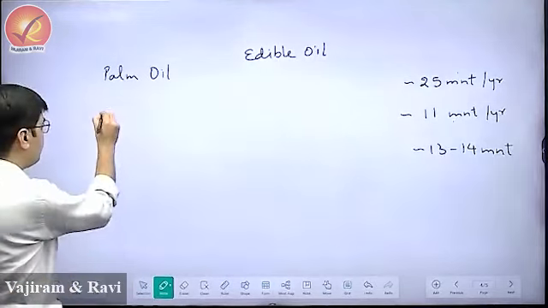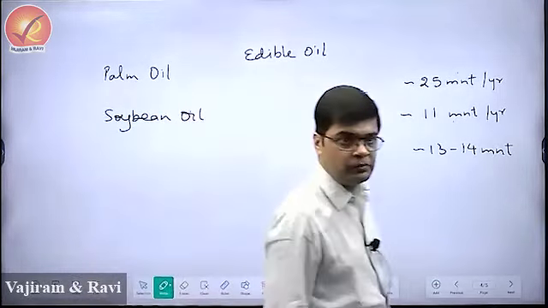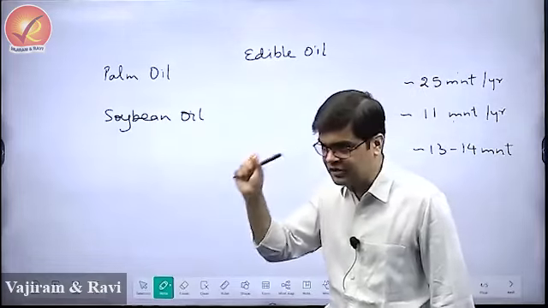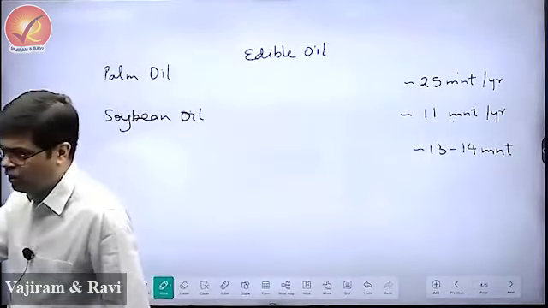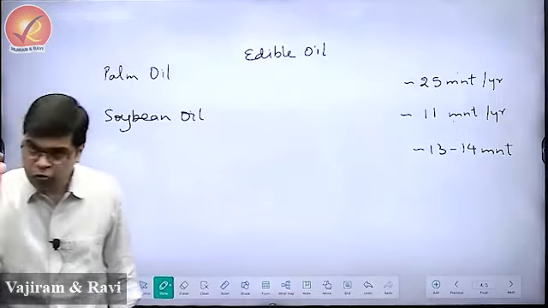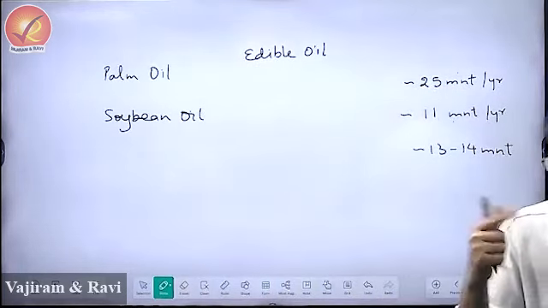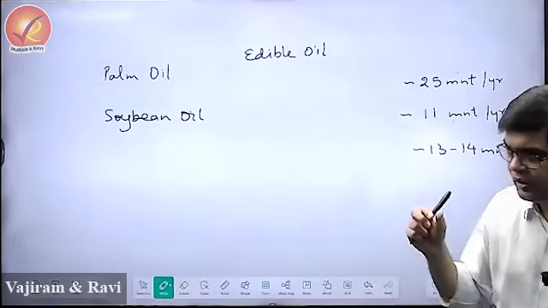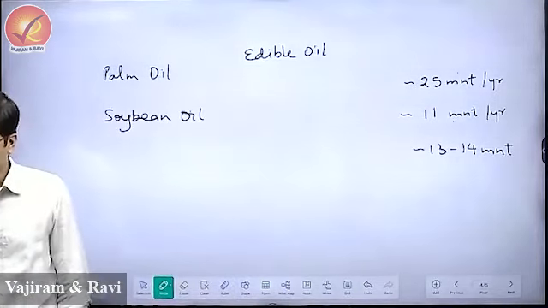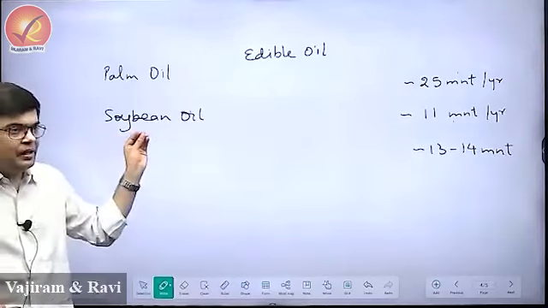And then we import a good amount of soya bean oil. From where do we import soya bean oil? Largely Brazil and Argentina. Okay, we import a good amount of soya bean oil from Brazil and Argentina. We also cultivate soya bean in India. And if you people know, Madhya Pradesh is the largest producer of soya bean, especially the Malwa Plateau region. Have you heard about Indore, Ujjain, Ratlam? This belt cultivates a lot of soya bean. And after Madhya Pradesh, it is Maharashtra. But we import soya bean, and we import it from Brazil and Argentina.